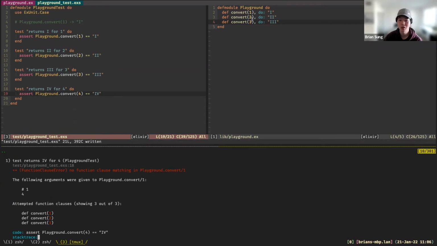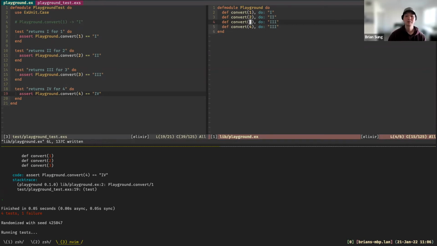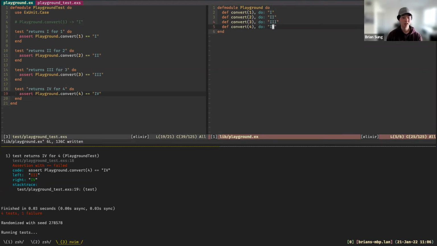We only have 1, 2, and 3. So if we try to pass a 4, it doesn't know what to do and it can't call any of these. So it just sort of blows up, right? So the easiest thing to do to solve that is just create one for 4, right? Oh, whoops, I copied the one above it. This should be IV.